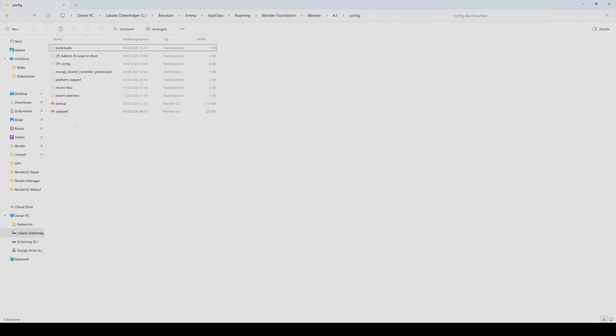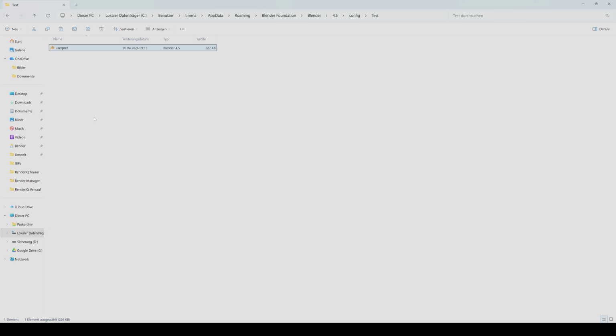So just to show you how you can do it, you first have to go to the folder where the Userpref is stored. And normally, under Windows, for example, this is under App Data, Roaming, Blender Foundation, Blender, your Blender version, and then Config. And here you can see the Userpref. And what is now important, you have to save it somewhere that isn't exactly in this folder. So for example, I could create another folder and I could name it however I want. So test, for example, and then I copy it